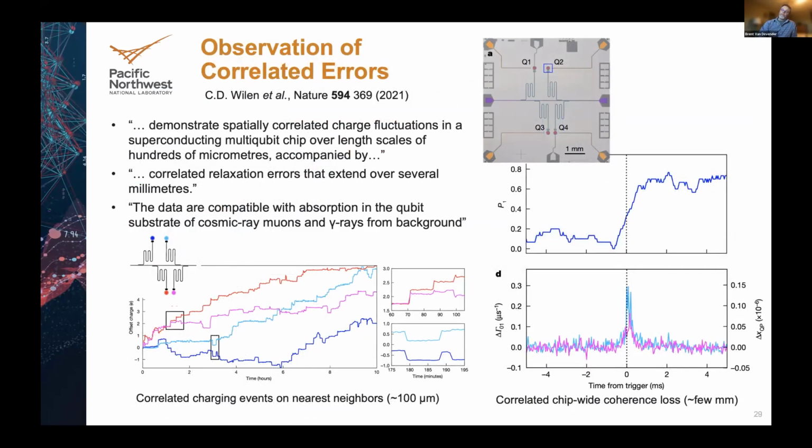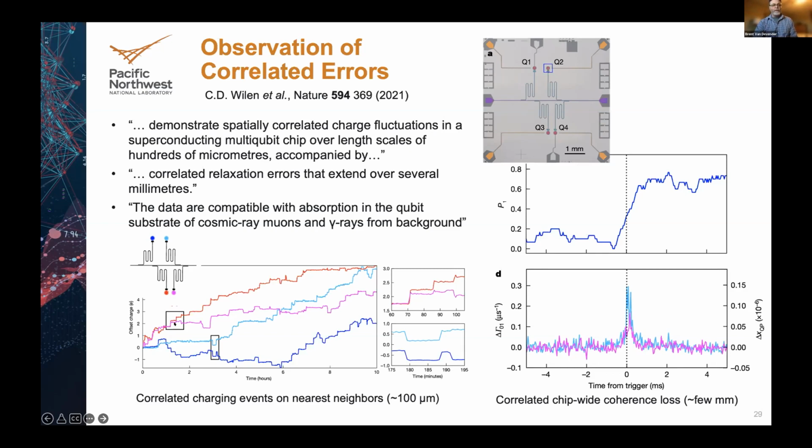So at this point, we've got clear correlation between the radiation and decoherence losses. We had talked about the need for uncorrelated errors. About the same time we were doing our work, another group was showing that errors are most definitely correlated when they come from radiation. And so what this paper by Weiland and others shows is that on a device with 4 qubits shown at the top, they see 2 different kinds of correlation.